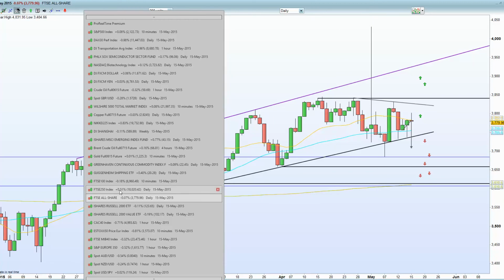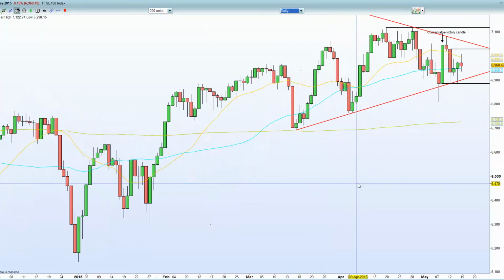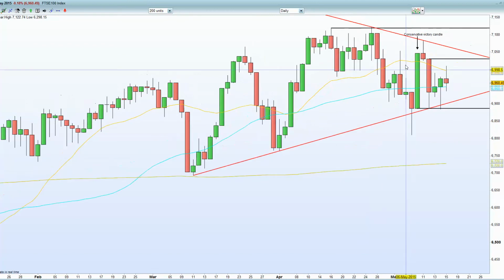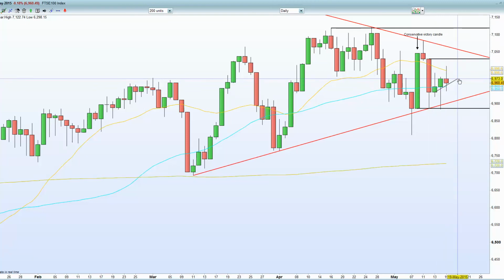Let's just go to the FTSE 100 now. FTSE 100, if I go to a daily chart first of all. So again, this was a conservative candle victory. The markets obviously had a stellar rally until they hit a resistance, and then subsequently we've had the sell-off ever since. Now, again, two arguments: either we have a bear flag, we break lower and hit this 200 MA